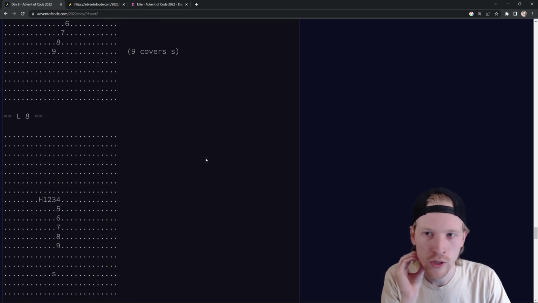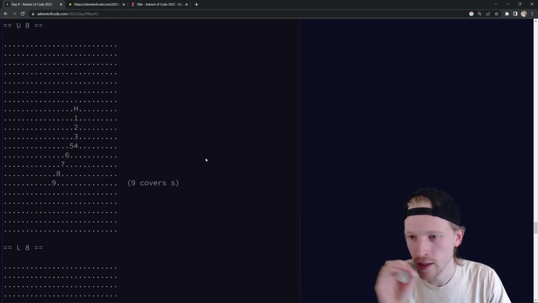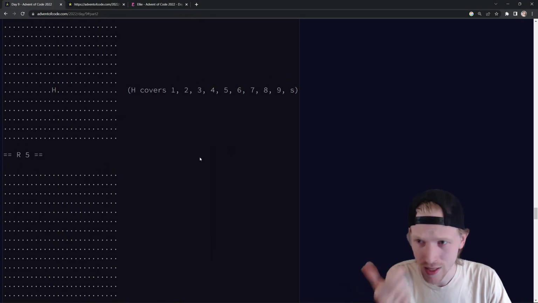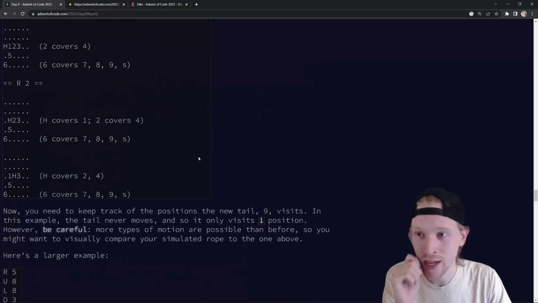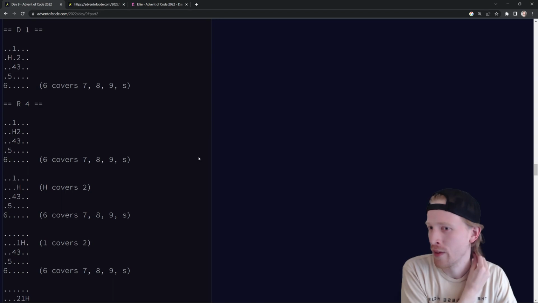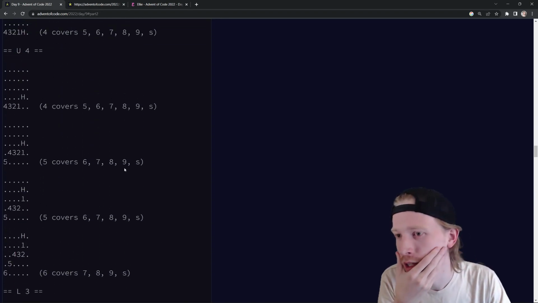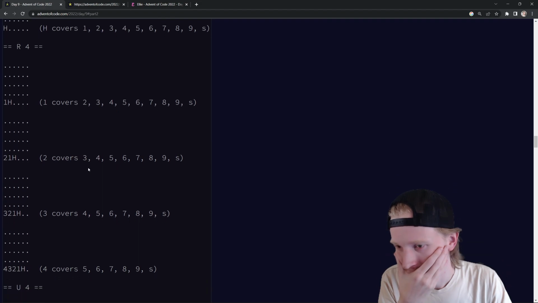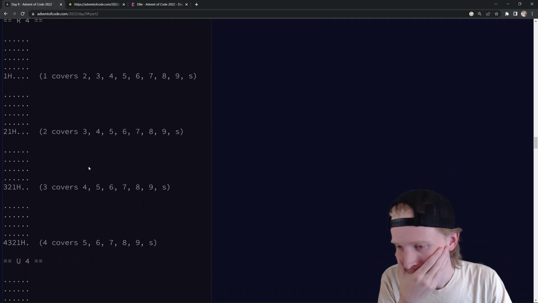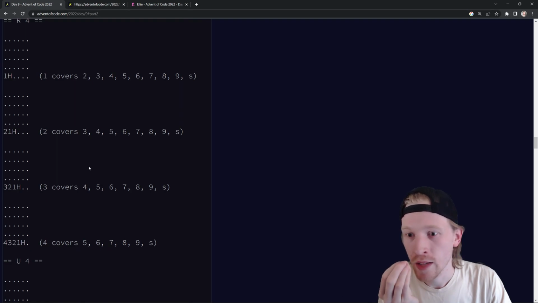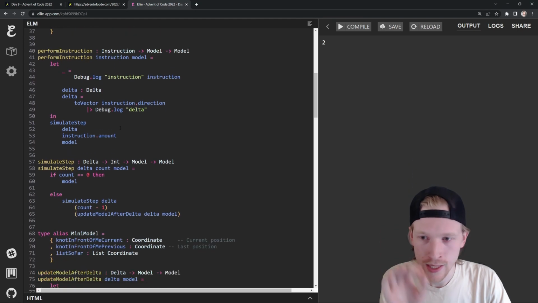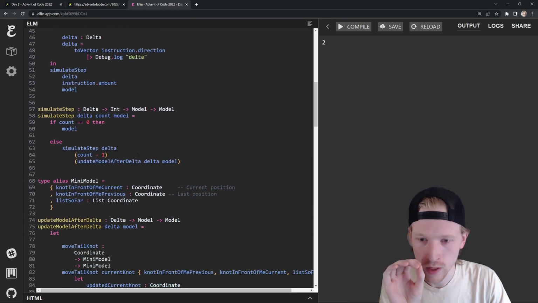But we're getting closer. I think it's just a matter of simulating the new position based on the delta and based on the... I am trying to come up with an equation that follows what I'm seeing, and I'm struggling. So H1. I think if we get this right, our answer should be 1. Right now our answer is 2. So what I'm going to do is I'm going to keep this input the same, and I'm going to try to